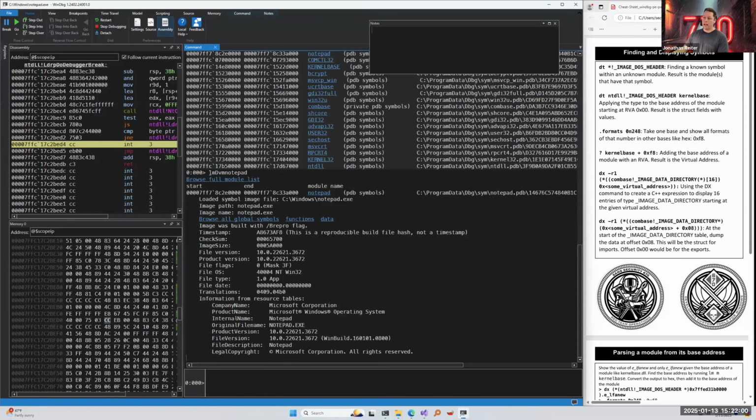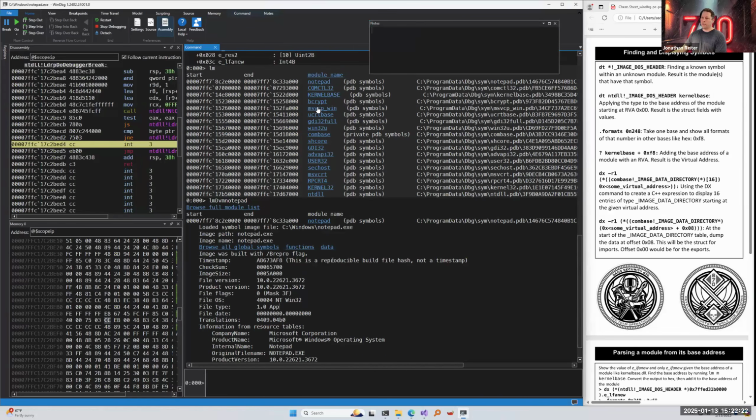So you could go ahead and take this command and save that off, and for your own internal documentation, you could put it up in your notes window to save for later. That way, you have access to that if you're creating your own little cheat sheet, if you will, for WinDbg parsing. Okay, so again, we have all these different modules that you can go ahead and